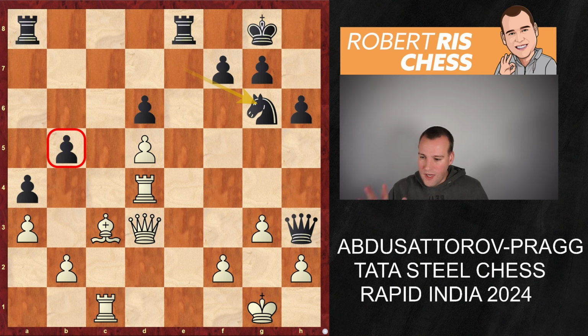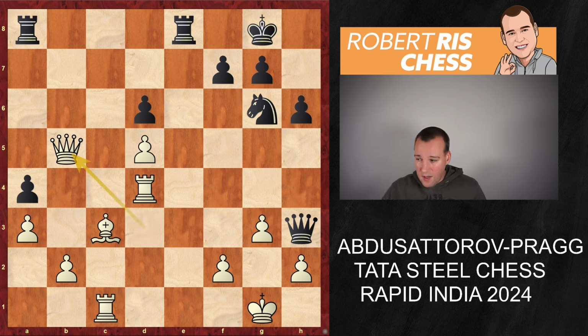And here Abdusattorov says, well, I want to have that pawn. It's a big pawn. If you can take it, and maybe you can take the pawn on a4, white can even be 2 pawns up. But Pragg is a great calculator. He goes for the move knight e5, and he threatens now